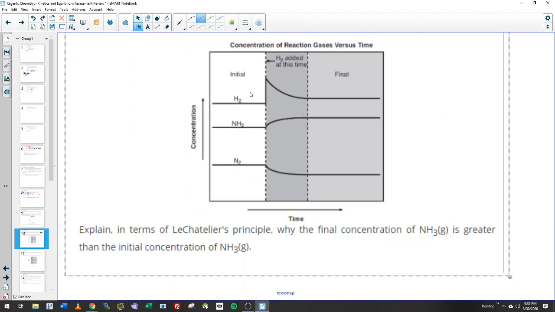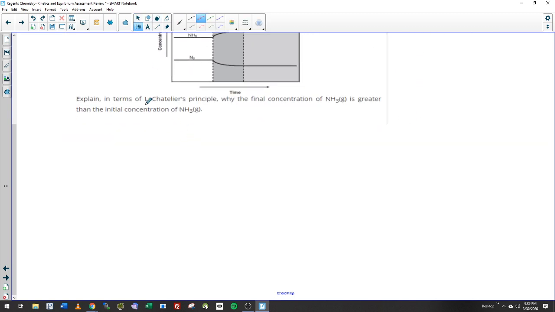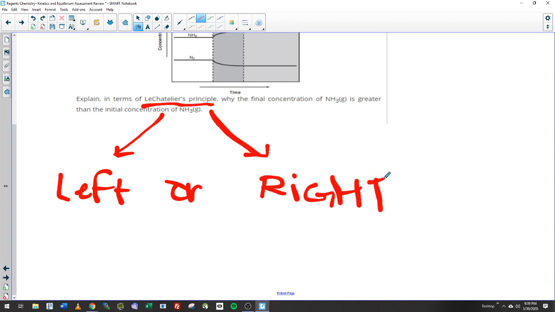I'm going to need to shrink this down. In my Smart Notebook file, I didn't mean to cross it out. In terms of Le Chatelier's principle, there are 2 answers that you can go with: shift to the left or shift to the right. This will get you points every time. You've got to pick one or the other. And the reality is, even if you don't know the answer,